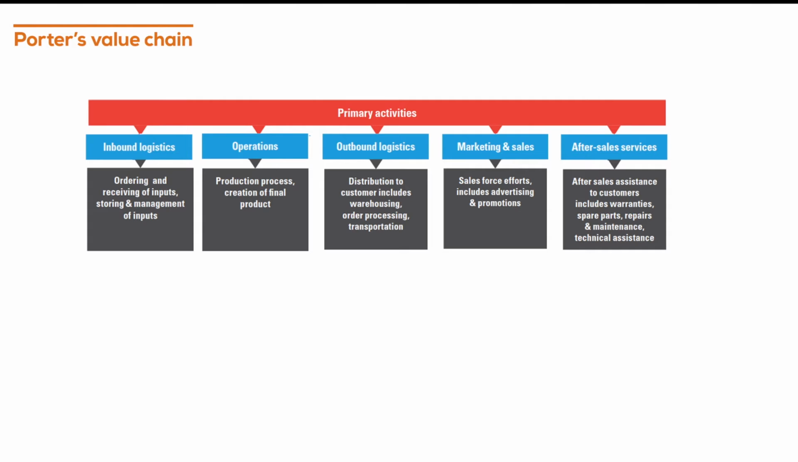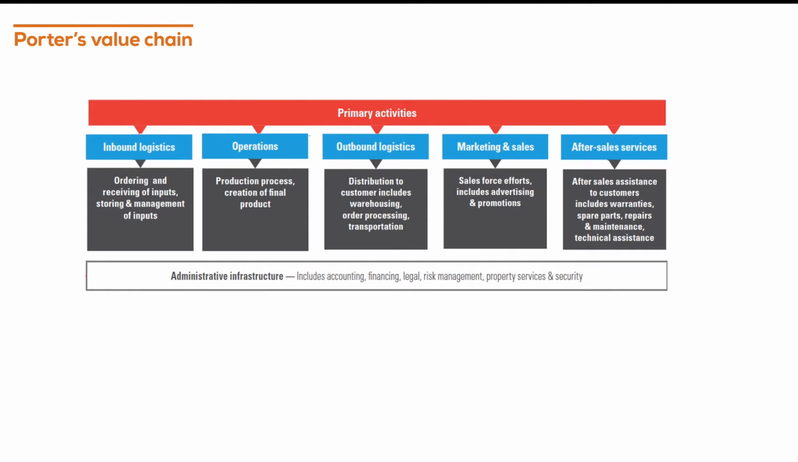After sales assistance for customers includes warranties, spare parts, repairs, and maintenance and technical assistance. That normally happens into that. So these are actually the primary activities. If in any organization these activities are happening, it means these are primary activities. Now, in the bigger organization, there are a couple of more activities which we say are different support